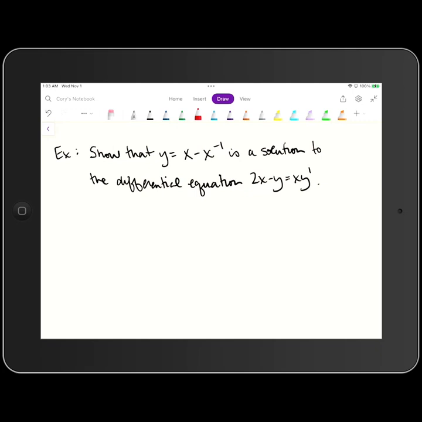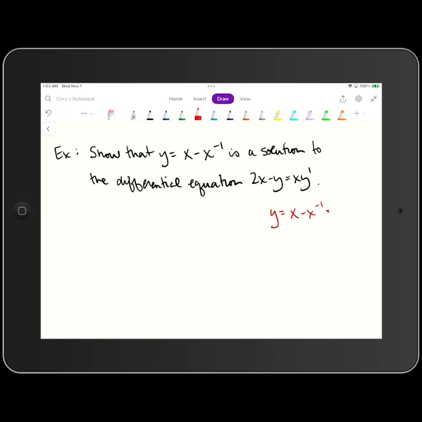Directions for the next example ask us to show that the function y, which is equal to x minus x to the negative 1 power, is a solution to the differential equation 2x minus y is equal to x y prime. Okay, so what I'm going to do to start this one out is I'm going to go ahead and take the function y, which is equal to x minus x to the negative 1 power,